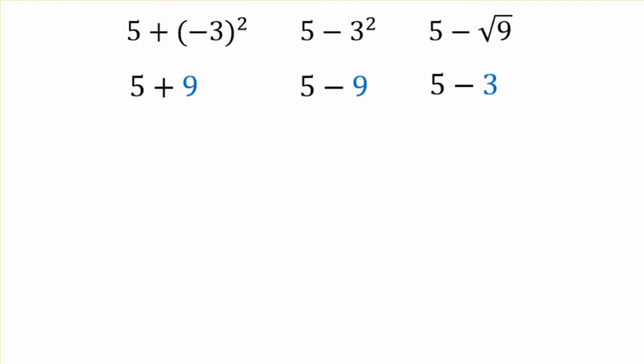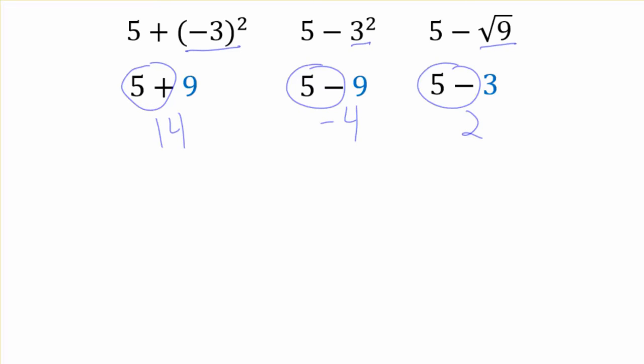Now let me show you that again. Let's slow this down. It's 5 plus, and then in parentheses, a -3. Well, you square that, it's 9. We're keeping the 5 plus. We're keeping the 5 minus. Those parts are done first. You either square it or square root it first, then you do the addition or subtraction. Always keep that in mind.